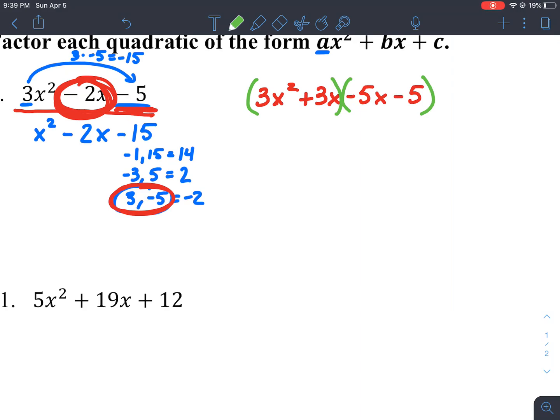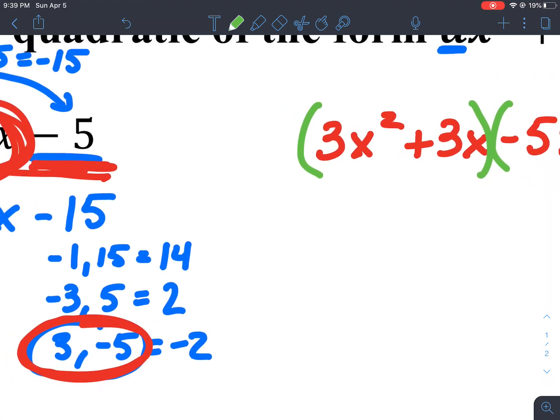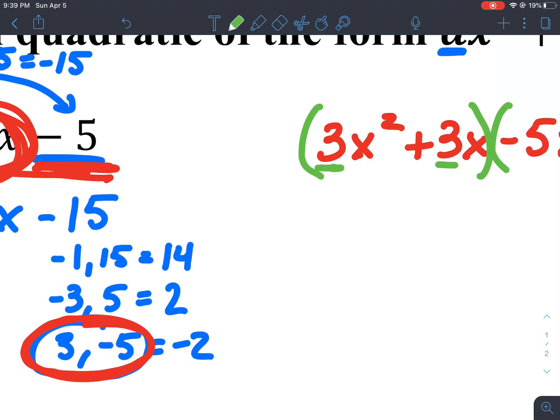Now it becomes a GCF problem, just like we had at the very beginning of our review. I look at the first set, 3x squared plus 3x. What can I take out of each of those? Well, numerically, I could take this 3 out of each,